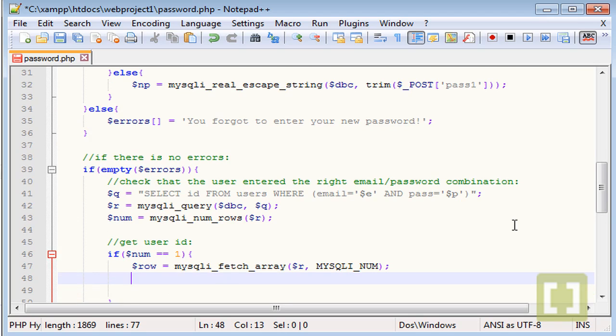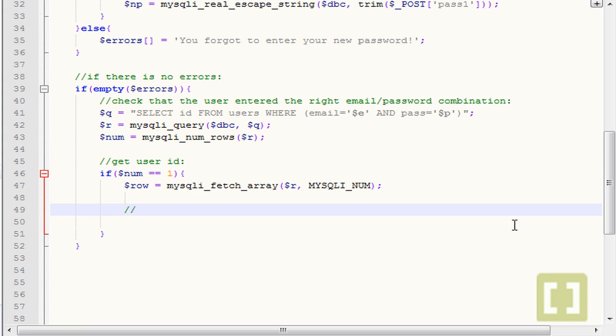Okay, because we want this to be a numerical array. If we want an associative array, we need to put this. But this is a numerical array. And now what we're going to do here is make the update